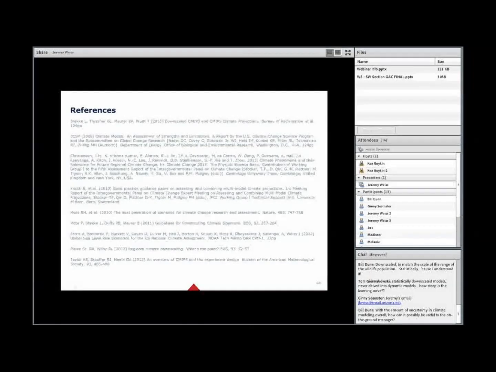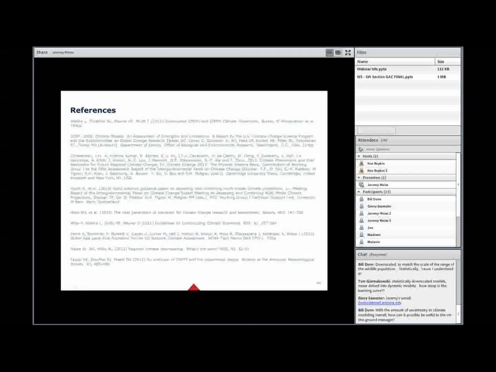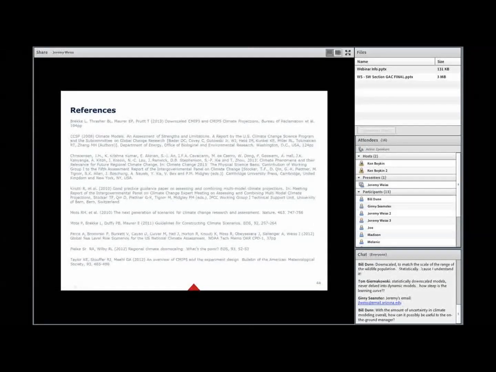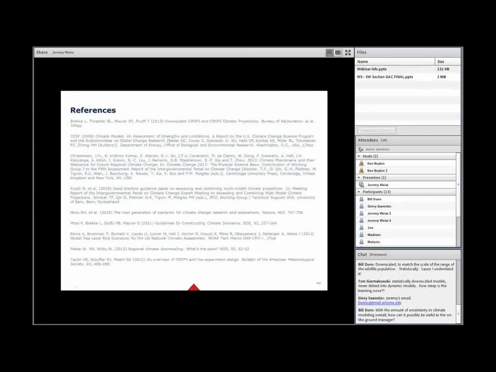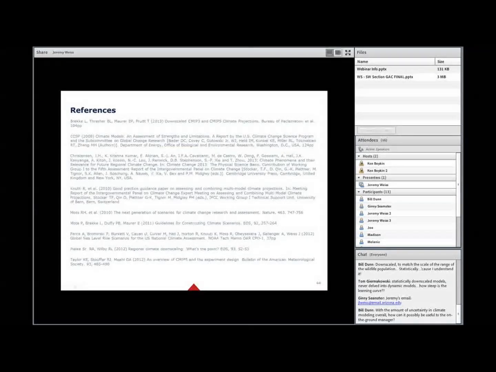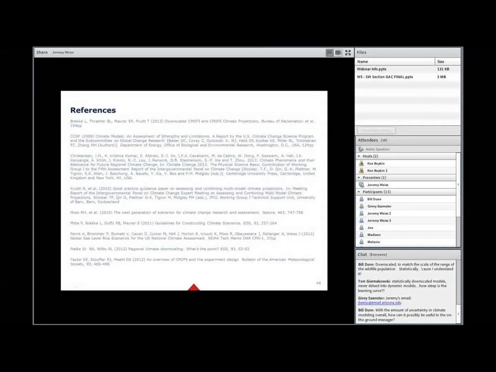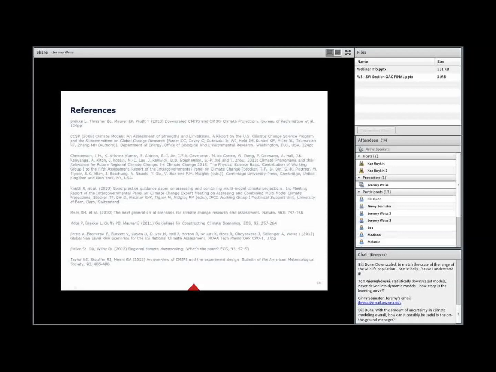Some of the value of dynamically downscaled data in terms of working in the Southwest might be with the representation of the North American monsoon. In fact, there's a group here in the atmospheric sciences, some of you may know Chris Castro, who's done a lot of work with dynamically downscaling the global climate model projection data for the Southwest, taking a better look at the monsoon and seeing how well these dynamical models do with representing some of those aspects of the monsoon that aren't in the global climate models.